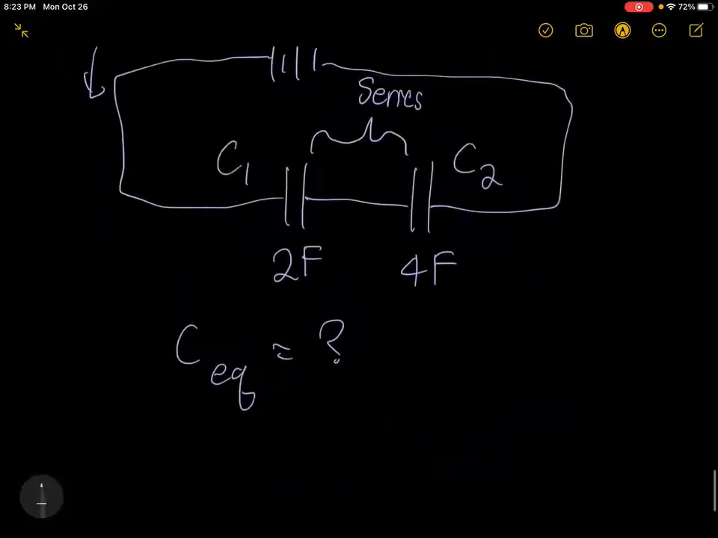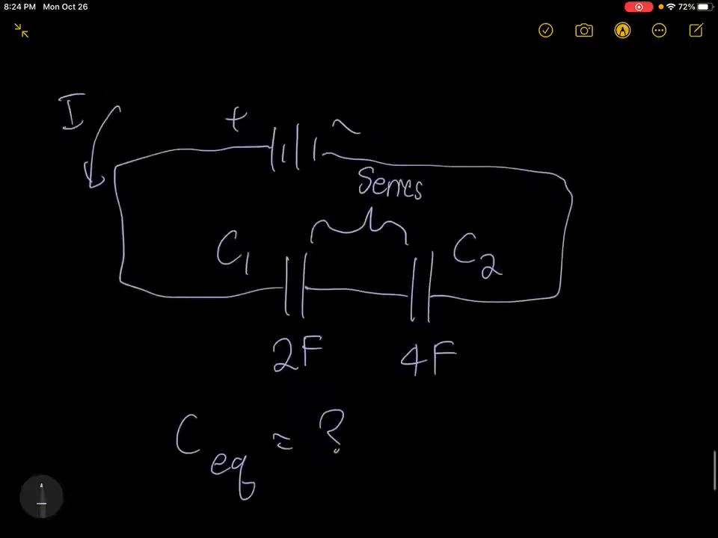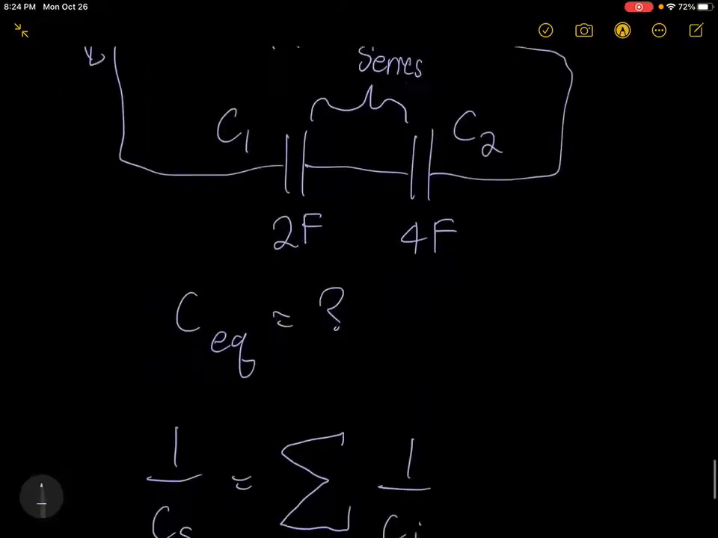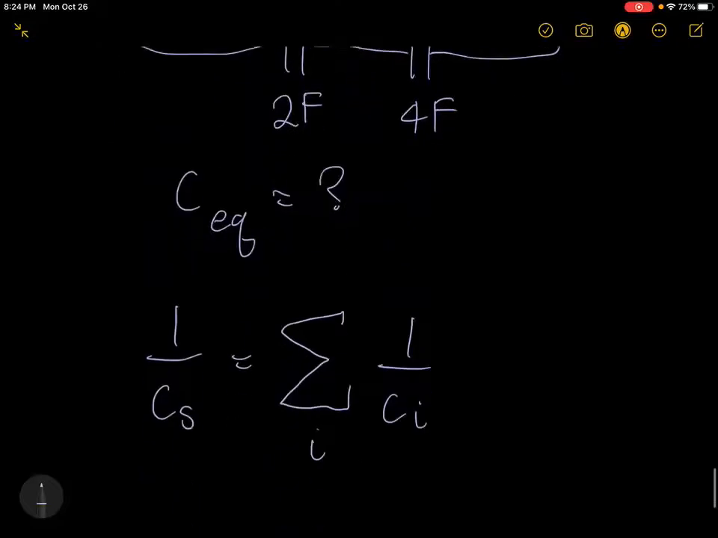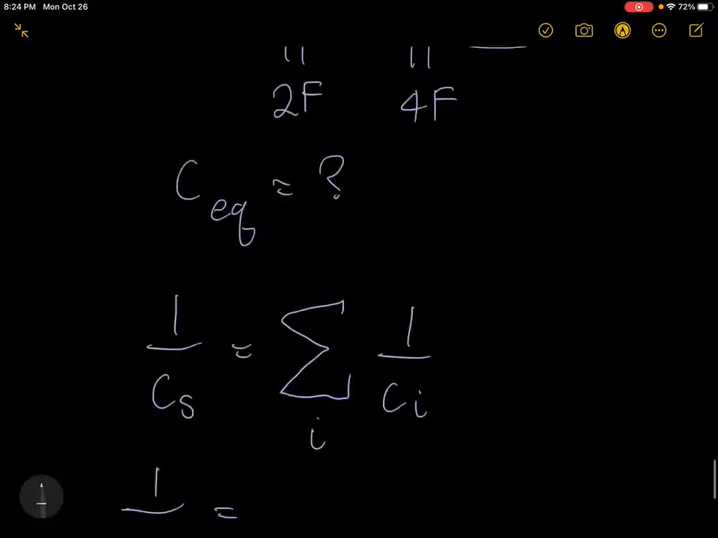The formula for adding up capacitances in series is basically that the reciprocal of the equivalent capacitance is equal to the sum of the reciprocals of the individual capacitances. So that's quite a mouthful, but I'm going to show how it works. In this case, since both capacitances are in series, we can say 1 over the equivalent capacitance, which is what we want to find, is equal to